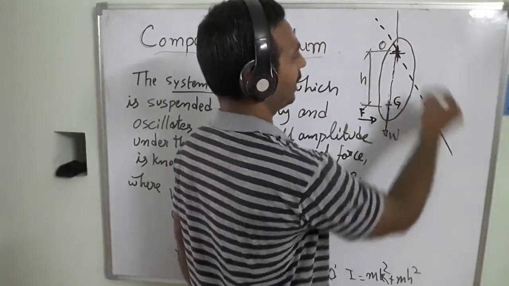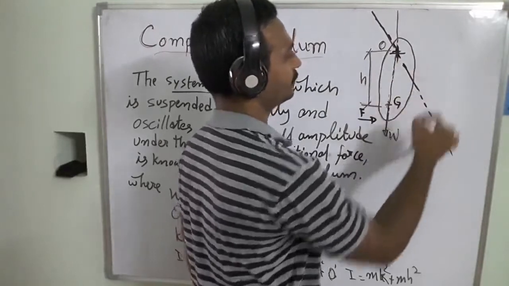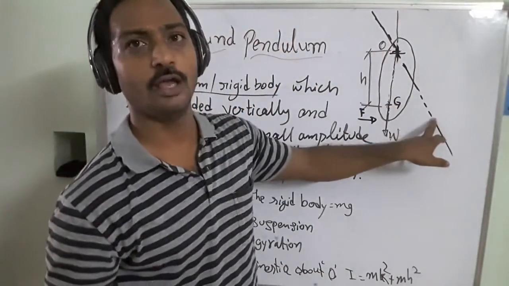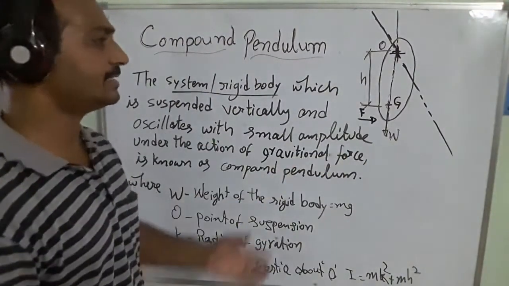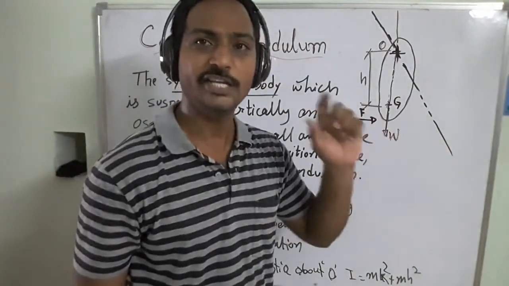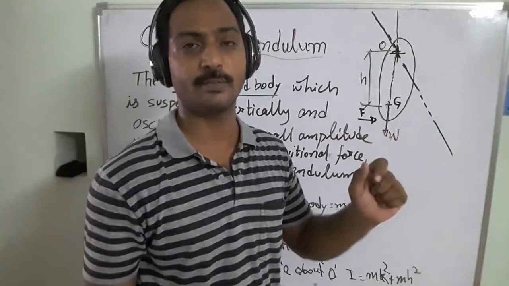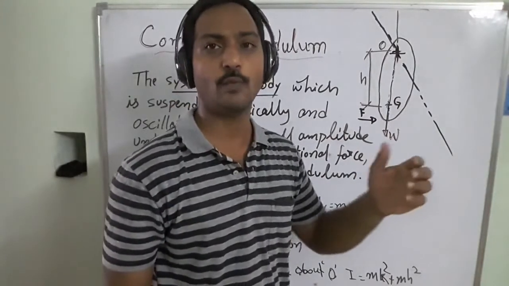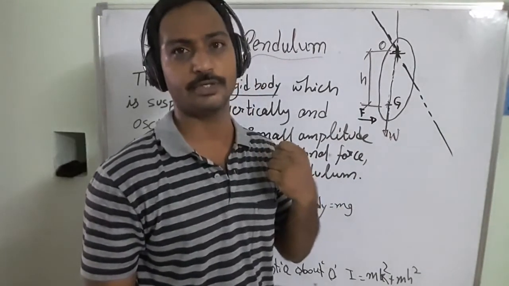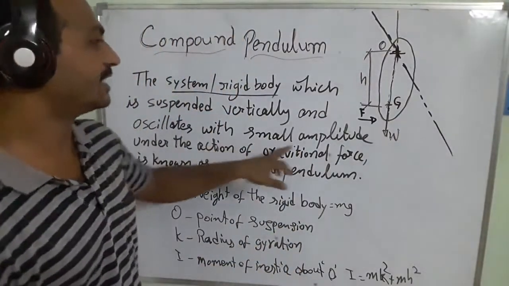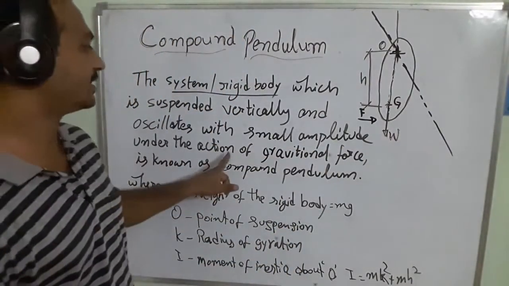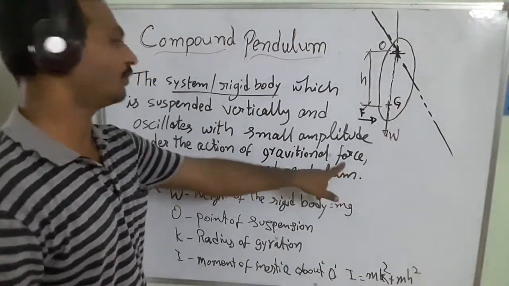I am going to draw the axis of this member. Can you see this one? So it has reached the new position. That means it oscillates with a small amplitude. In this case we only have to give the initial displacement, or initial force, to the system. After it is displaced, we remove the external force from that position. Then it oscillates with a small amplitude under the influence of the gravitational force.